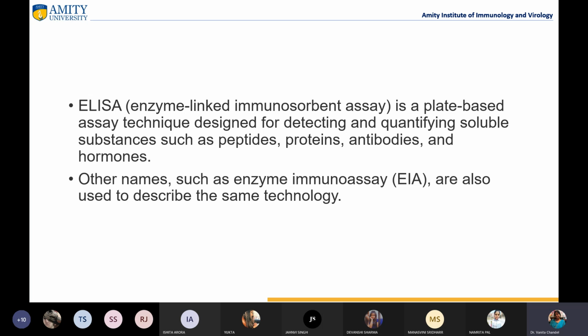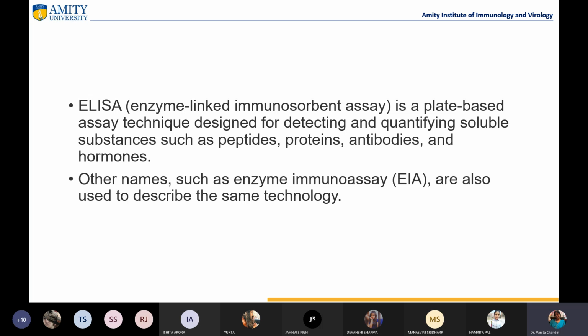When we do an ELISA protocol in the lab, we make sure we have some positive controls and some negative controls also, right? So we can compare our results with both the positive and the negative control. Usually we do ELISA in triplicate, so for one sample we load three wells, the reading is taken in triplicate, and at the end we take an average of the three wells' readings. And usually how we calculate the reading is that it should be at least two or three times higher than the negative control, or somewhere equal to the positive control. So this is how we calculate the result at the end, right?